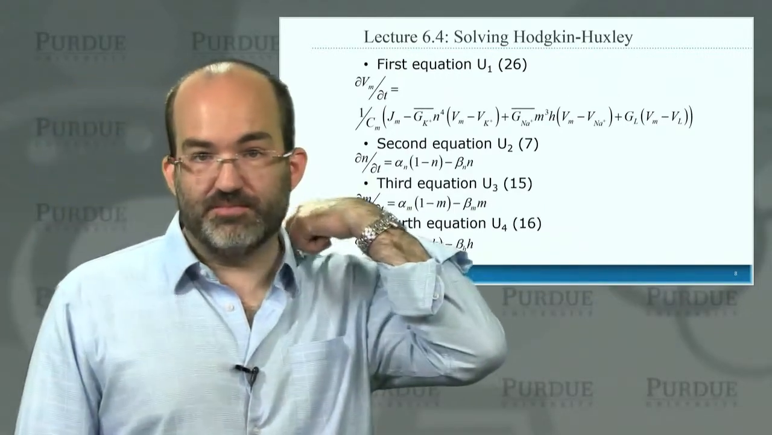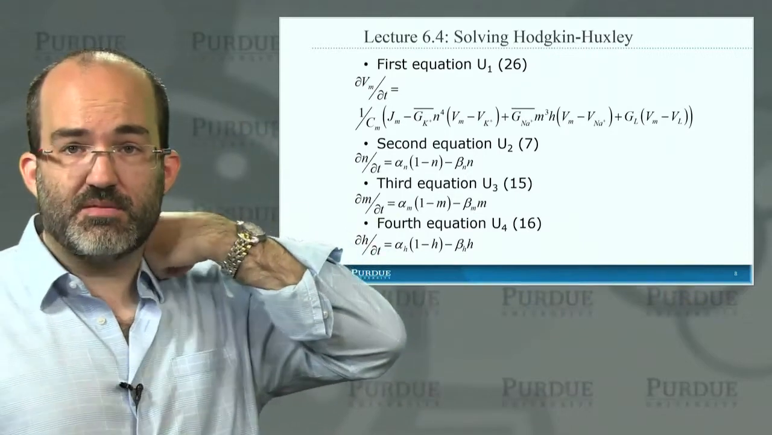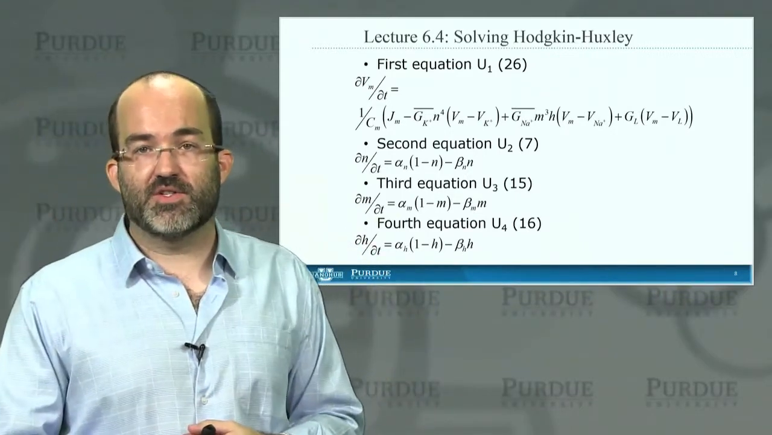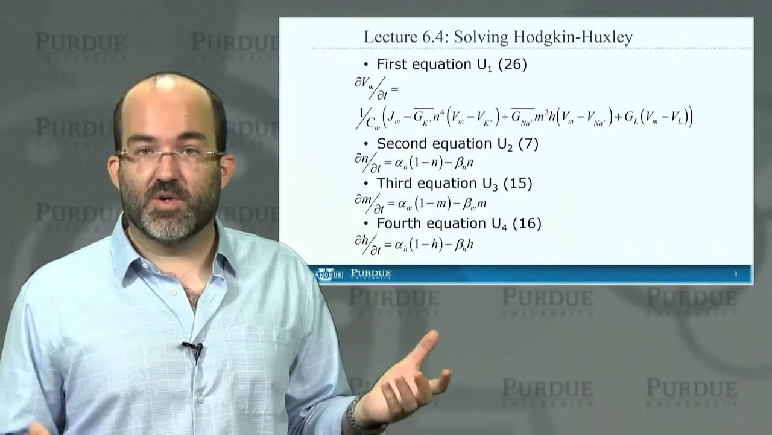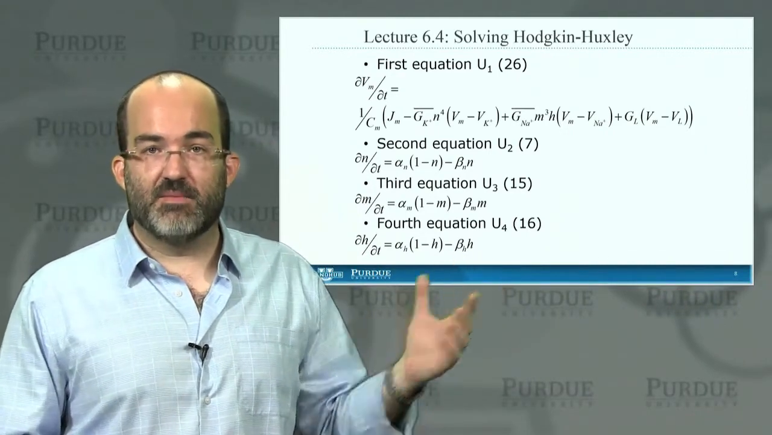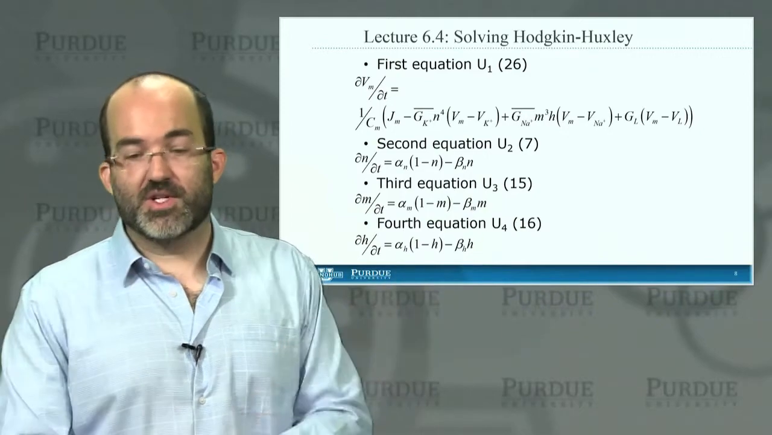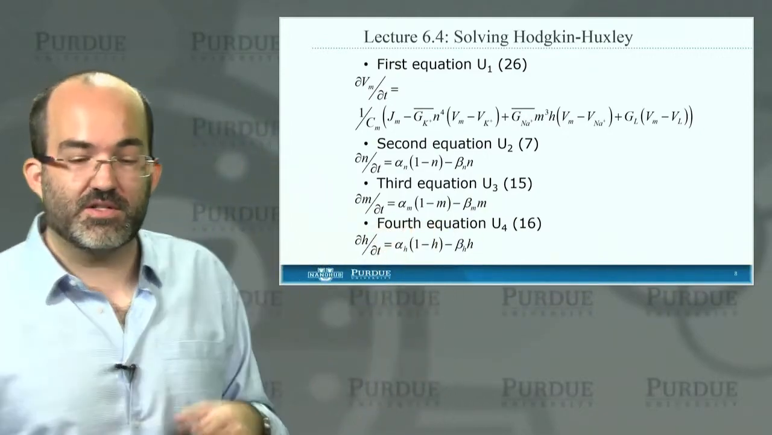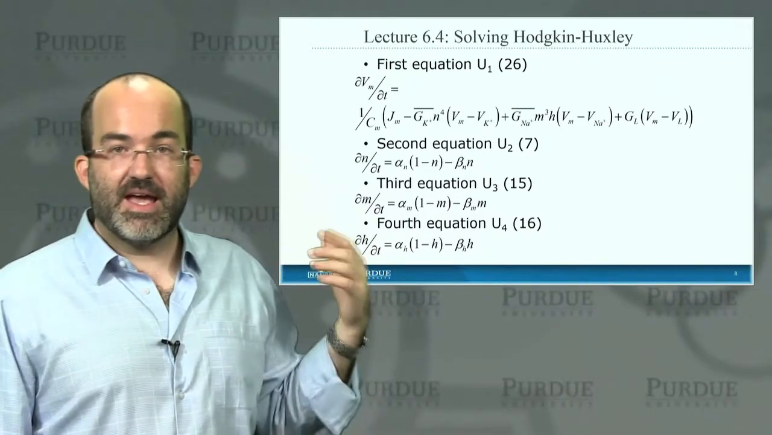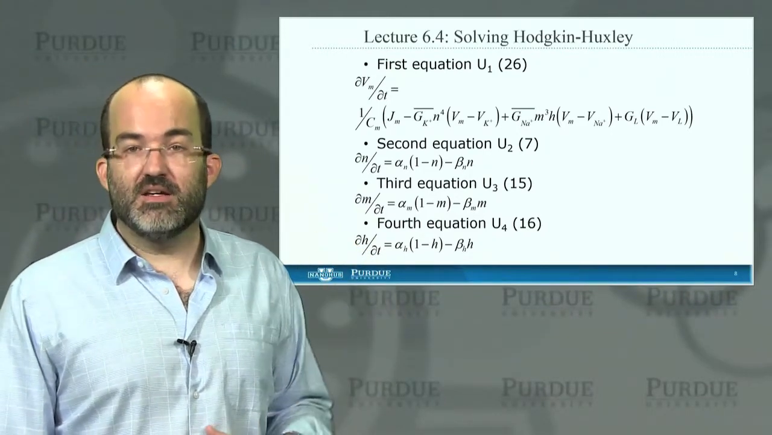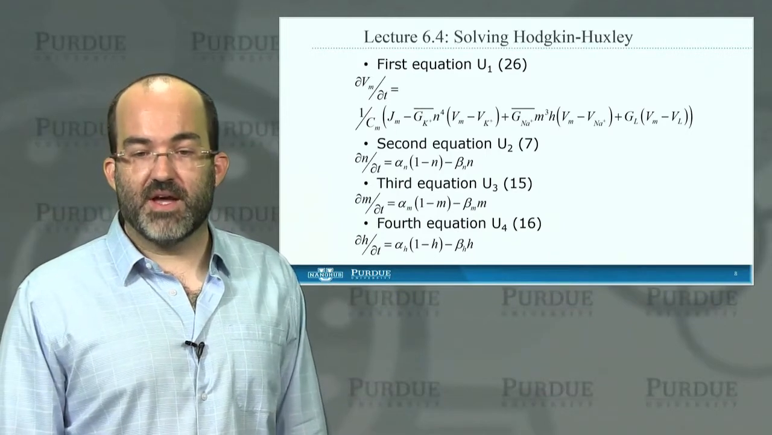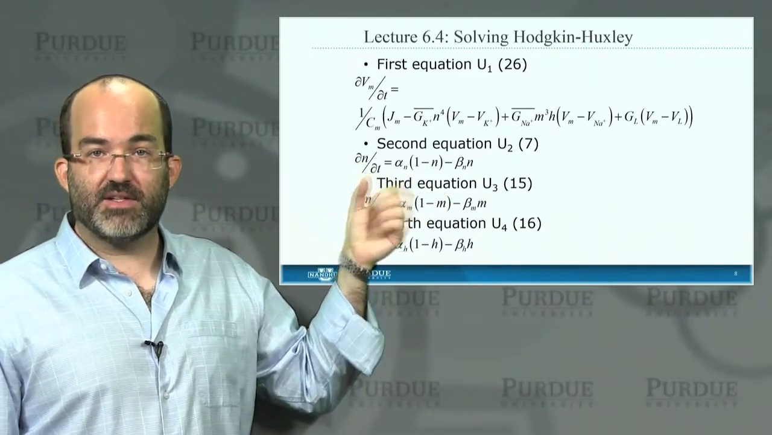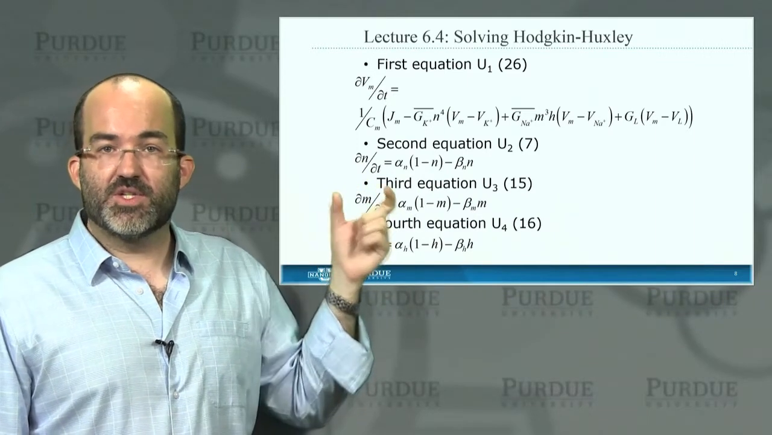So the first equation, we're trying to reduce this system to a system of first order ordinary differential equations. We already have one. That's equation 26, the one relating the membrane voltage with respect to time to all of those other variables. But we need 3 more equations because we have 4 unknowns. We need 4 equations, and those equations need to relate N, M, and H to the other variables that we have. So the second equation is going to be equation 7 from Hodgkin and Huxley, which is the one that